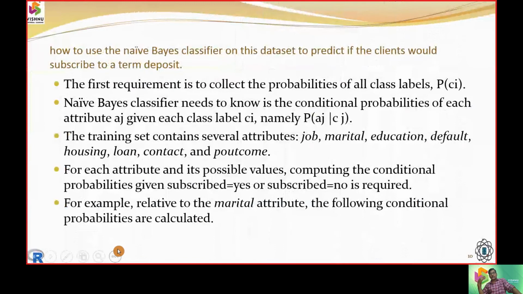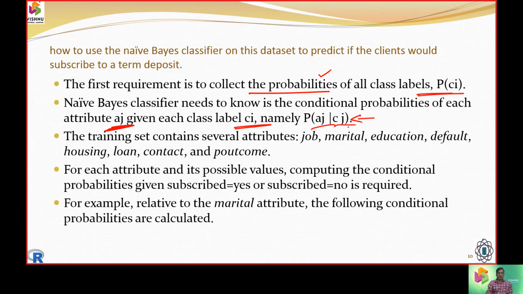So in naive Bayes classification, we independently look at each and every attribute, at how much factor it is going to support in generating the class label. The first and foremost requirement is the collection of the probability with the class values. We will call it probability of class Ci, and for the attribute we call it Aj, and the class label we call Ci, and this is the probability of Aj given Cj.